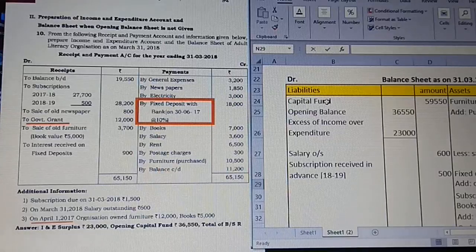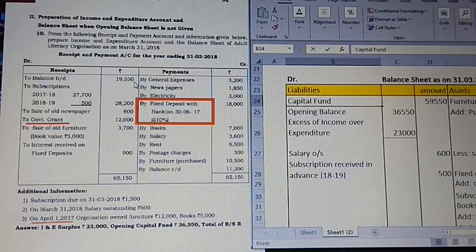I have to prove on the liabilities side equal to the total value of assets. So first item is capital fund, moving on to the liability part. But how to find out the capital fund, as there are no items related to that, there is no opening balance sheet given in the question. So how to find out? Here is a very simple trick to use. We have to only find out the items which have the opening values. On the receipt side, could you all find balance brought down? This is a cash balance, opening balance, which means on the opening date this is the cash balance. This is the first thing which we need to concentrate on.